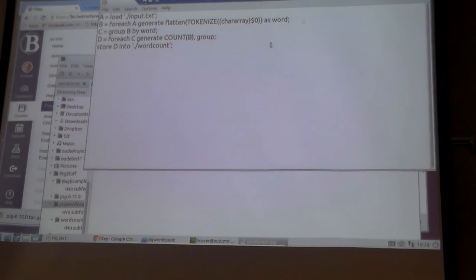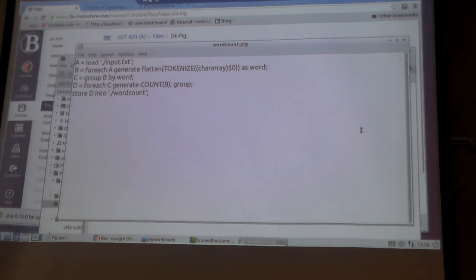And then, here's the actual pig script that says load